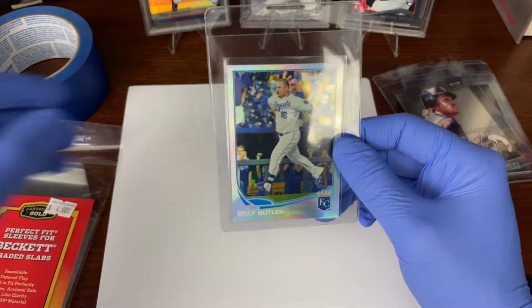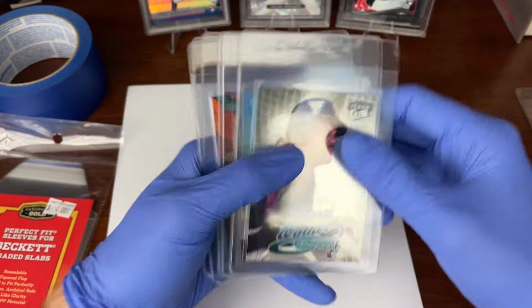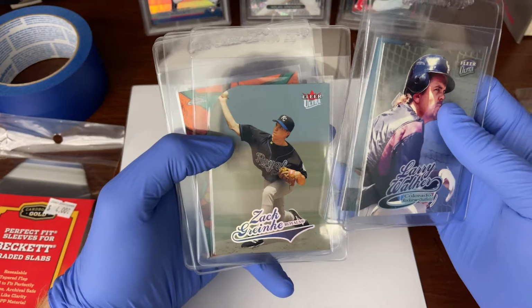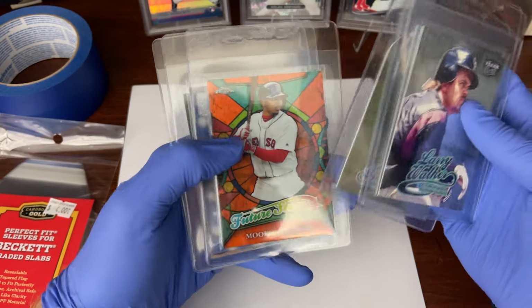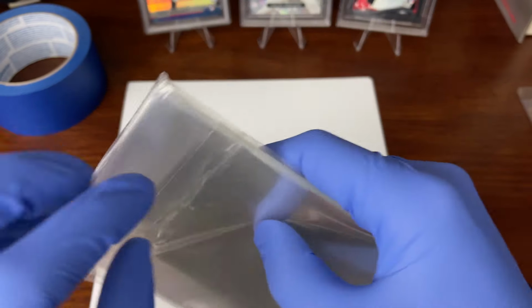Next thing you're gonna wanna do is, I already have a stack here of cards I actually am gonna be grading. I have a Larry Walker Platinum Medallion out of 99, a 1/1 2004 limited Larry Walker, Zach Greinke Platinum Medallion, kinda rookie, it's from his rookie year. And then we have a Mookie Betts Orange out of 25 and 2 Mookie Betts short prints. This is 6 cards, and what I like to do, and I approved it with PSA before filming this video,